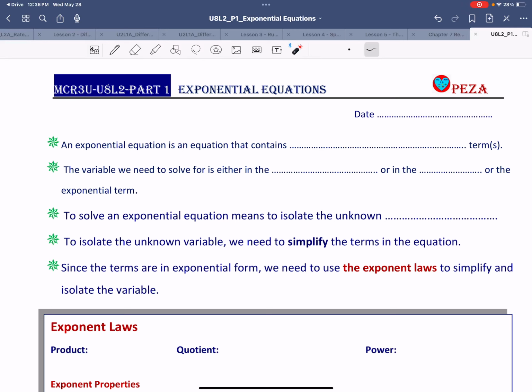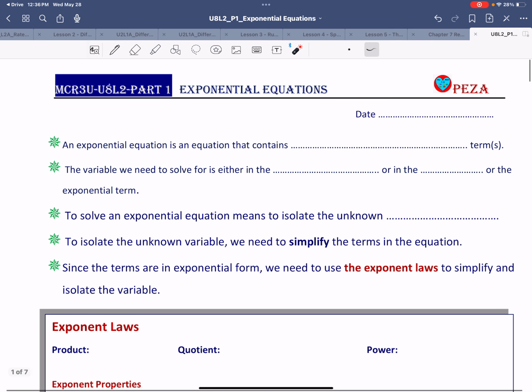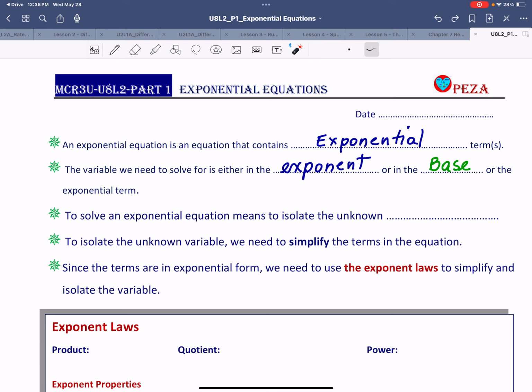In this lesson, we'll explore exponential equations. Now, first of all, an exponential equation is an equation that contains, guess what, exponential terms. And the variable we need to solve for is either in the exponent or in the base of the exponential term. Now, to solve an exponential equation means to isolate the unknown variable, and when we isolate the unknown variable,